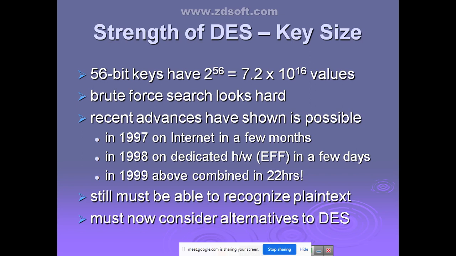So what are the possible keys? You will get 2 to the power 56. That means totally 7.2 into 10 to the power 16 different possible keys. By using a brute force attack, if you try all those keys to deduce the key or the ciphertext, it is impossible. What do you mean by brute force attack? Trying out all the possible keys.